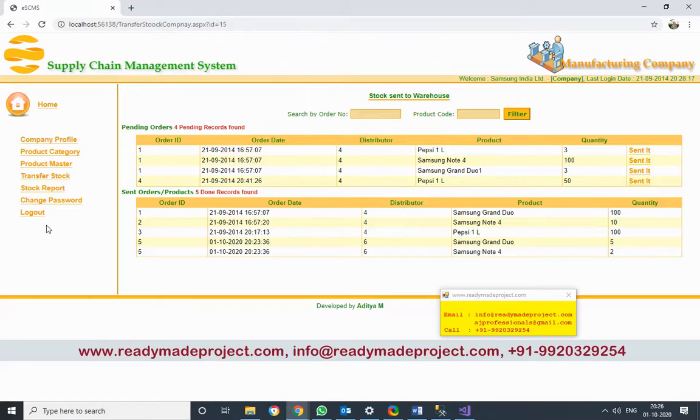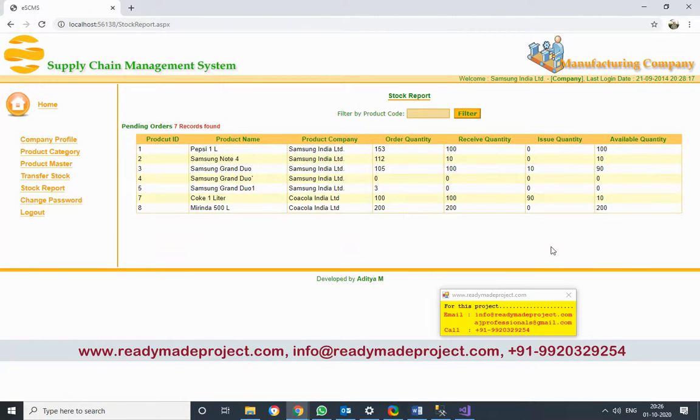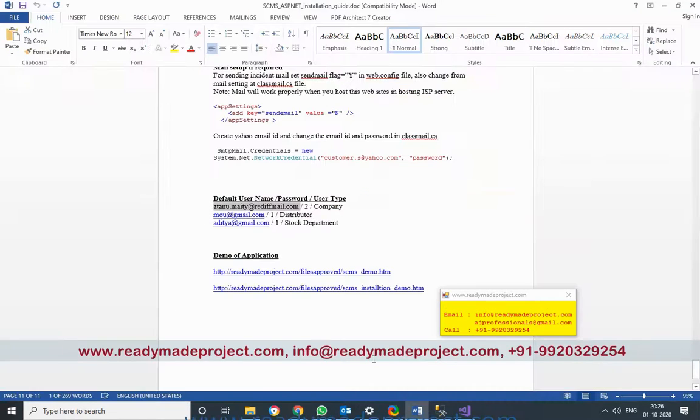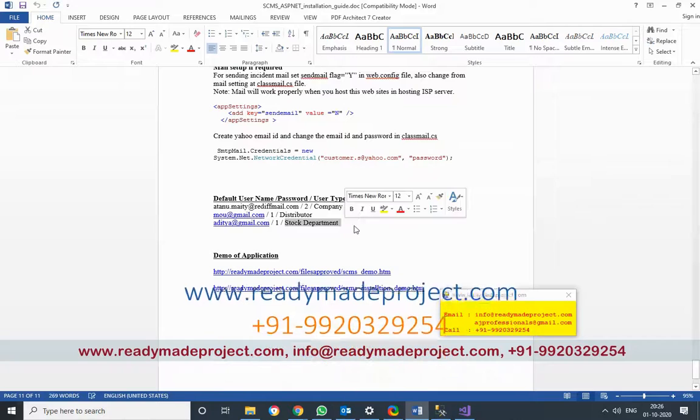Now if I go to the stock report, what is the total I have? I have total 112 quantity. Okay, what is the quantity I have? Now if I again log in as a stock department, this will be displayed.